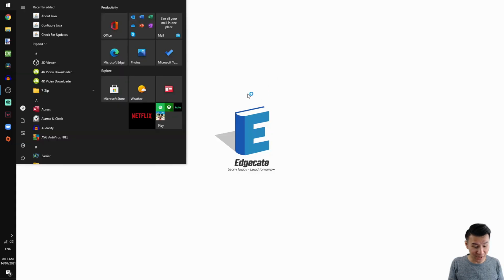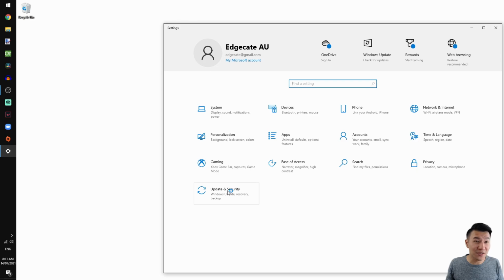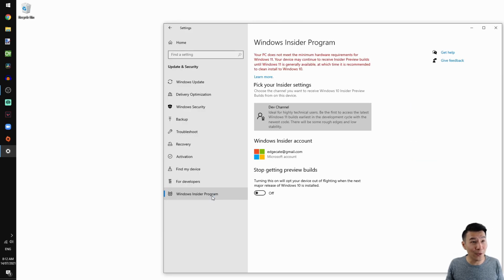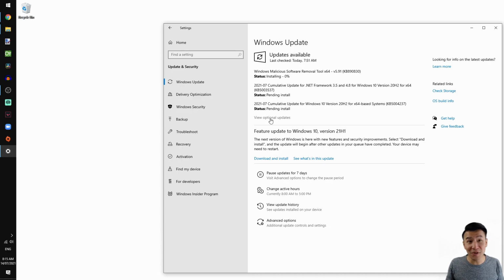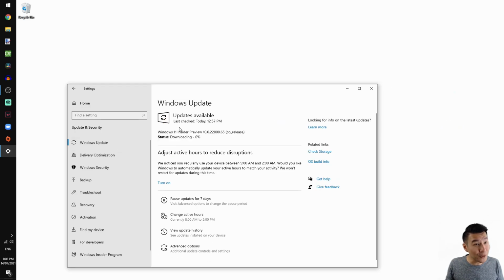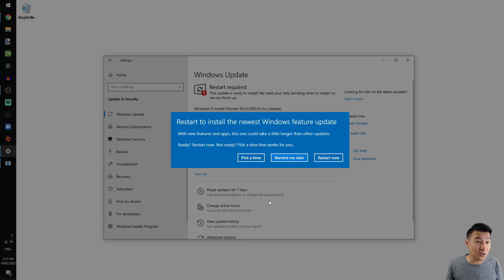Once we're back in, we'll check Settings, Update and Security, and Windows Insider program. And yes, we've got access to the dev channel. Awesome. Next, we'll open up Windows Updates and perform all the necessary updates, including the most important one, downloading the Windows 11 Insider Preview, which you can see the build version is above 20,000. It's 22,000. Awesome. Now, this step took me over 2.5 hours, so I'm just going to skip ahead to Windows 11. I didn't face any issues with this step, it just took a long time to update.